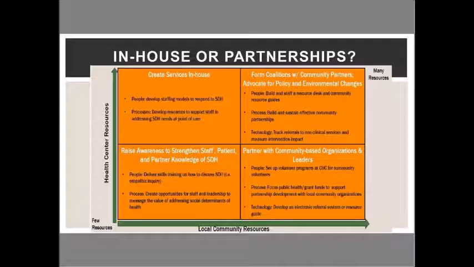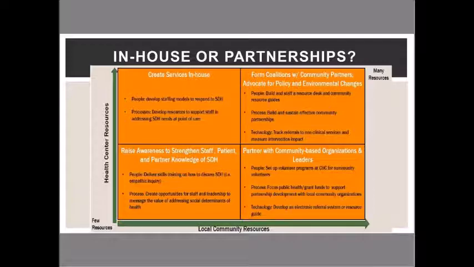Use that data to identify who those key partners are that you should be working with, and start figuring out systems that would work, because you would be serving the same community, so figure out what would work best for both of you. But definitely utilize those resources that exist in your community. You don't want to recreate the wheel, especially if the wheel's already running very smoothly. So what can you do to leverage and add value to work that your community partners are already doing? And then finally, if you find yourself in the fortunate situation where both you as an organization and your community have high resources and high capacity,